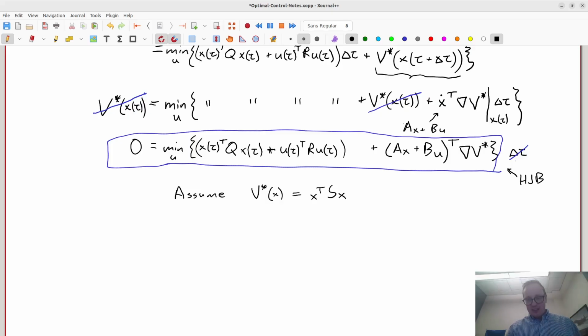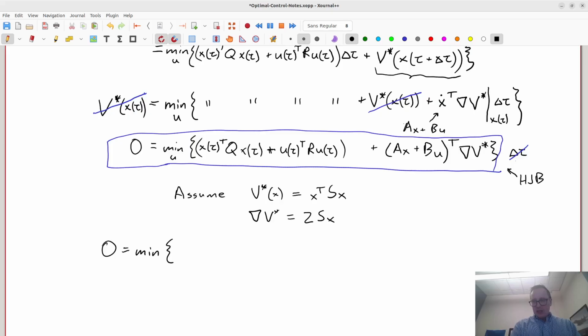We're going to say that this S summarizes all of the future penalties that we're going to accrue. If we make this assumption, then the gradient of V star is equal to 2Sx, which is convenient. And if we substitute this back into the Hamilton-Jacobi-Bellman equation, we're going to have 0 equals